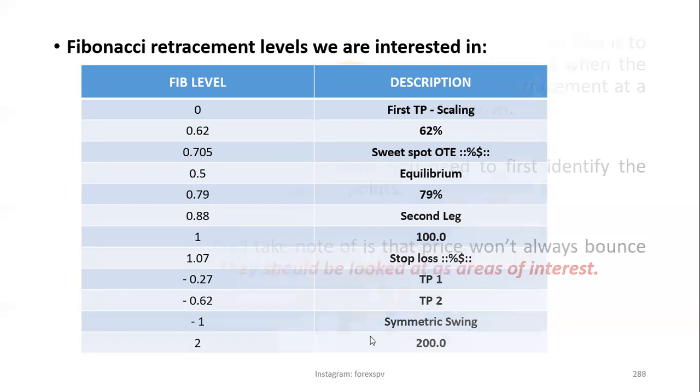So Fibonacci tool works best when the market is trending, because the idea is to buy on a retracement at a fib support level when the market is trending up. So on a bull market,